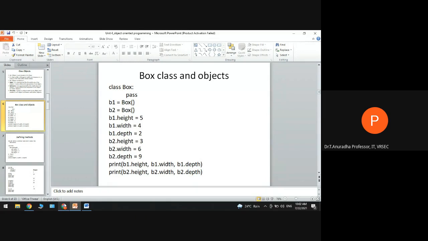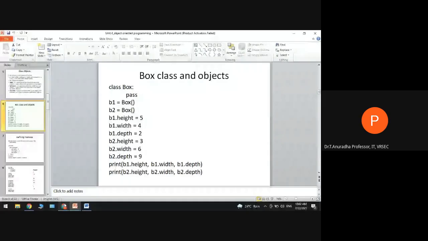As we have just discussed, an object should have a name. Here I am creating an object with the name B1. B1 is equal to Box(). It will create an object called B1. I can also create another object with the same class, any number of objects from this class. So B2 is equal to Box(). So I'm creating two objects.